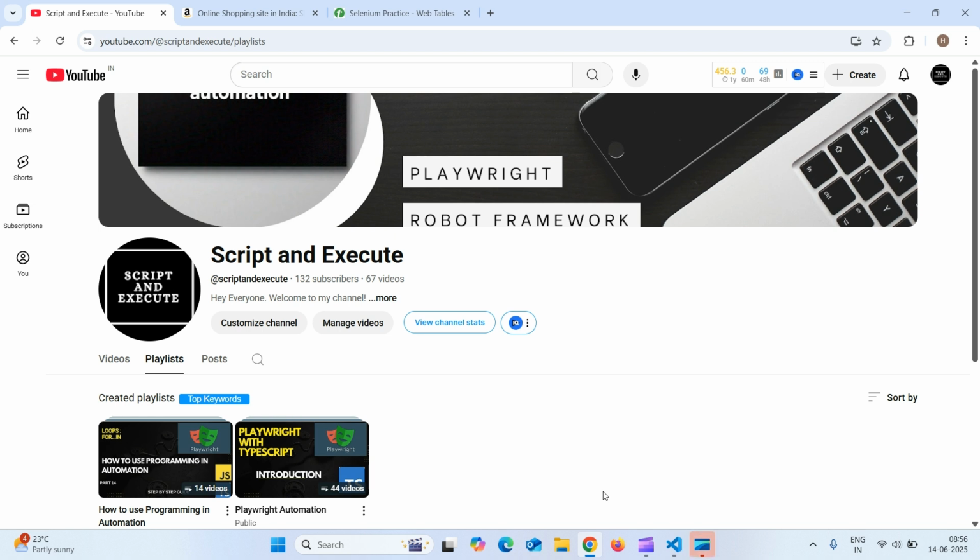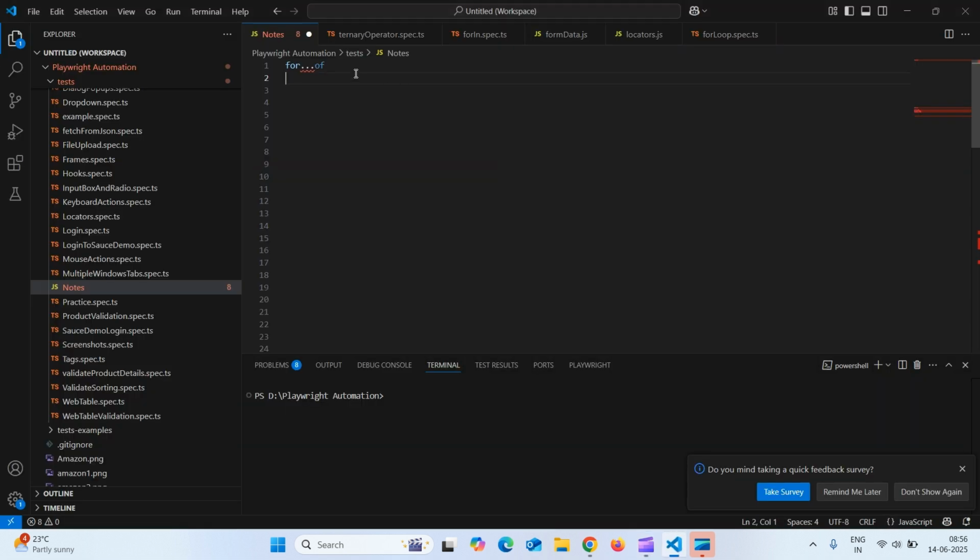As part of this series, today I'm going to show you how to use the for of loop in automation. We use the for of loop to go through the items in a list one by one. I'll repeat once again: we use the for of loop to go through each item in a list one by one. The list can be an array, map, or set. So the syntax is,